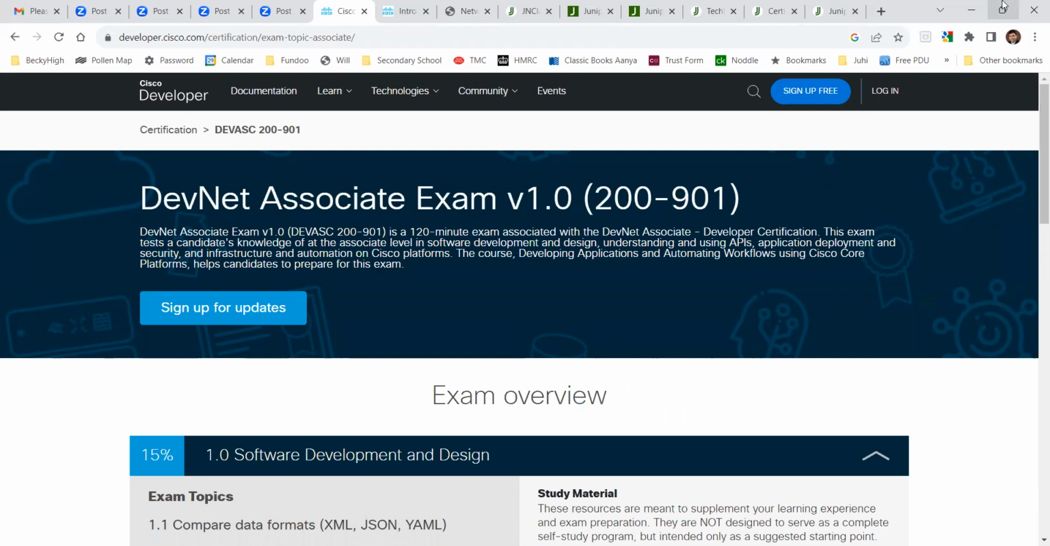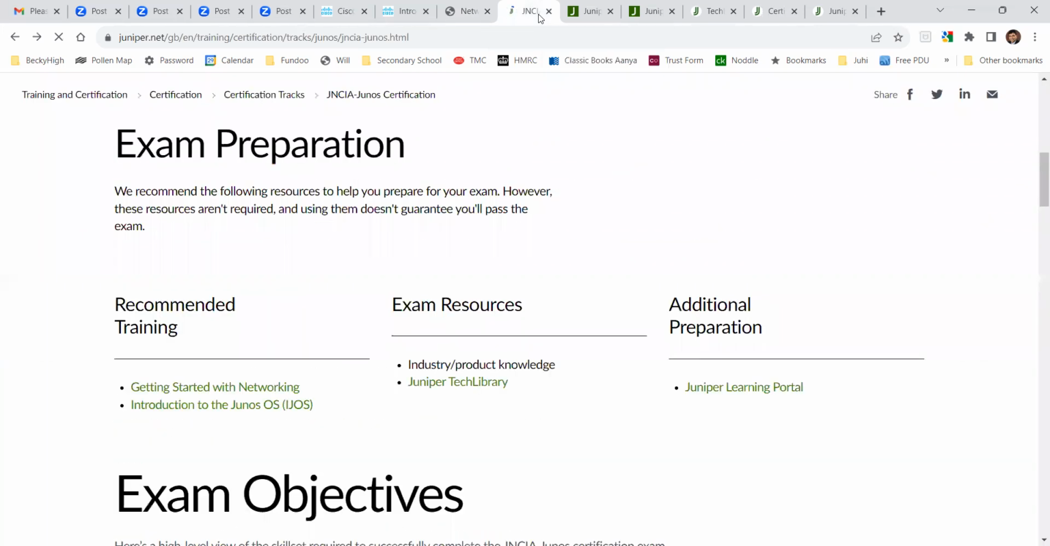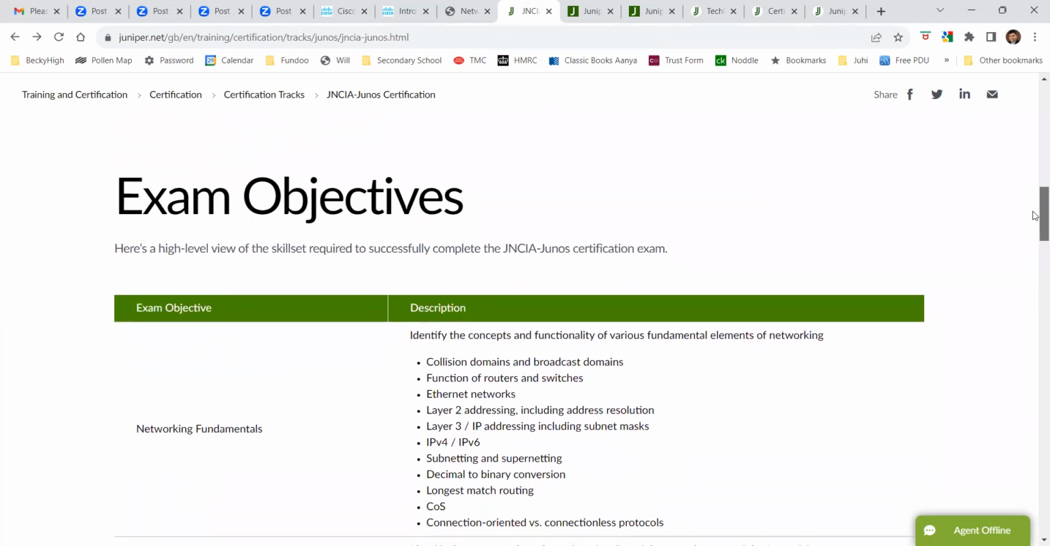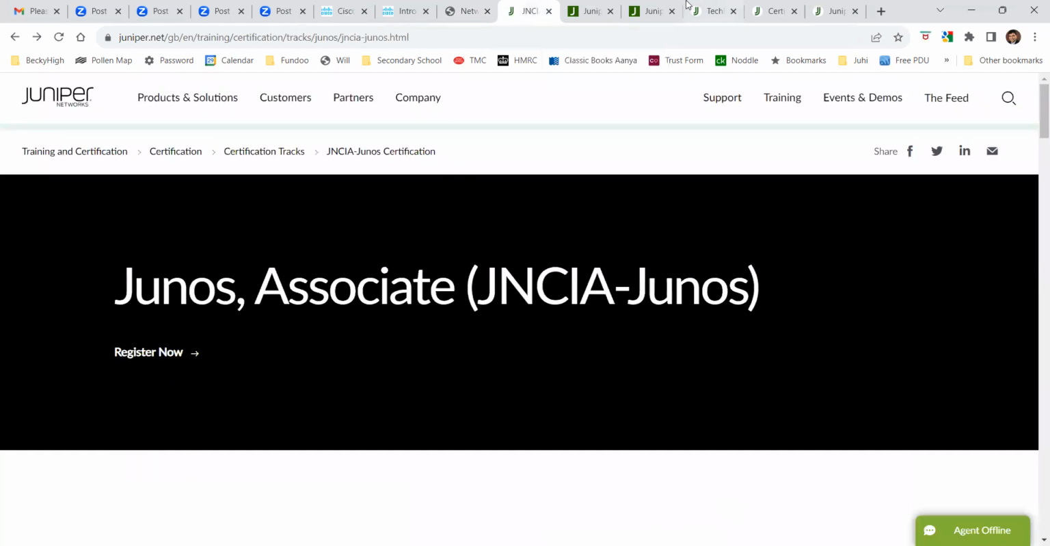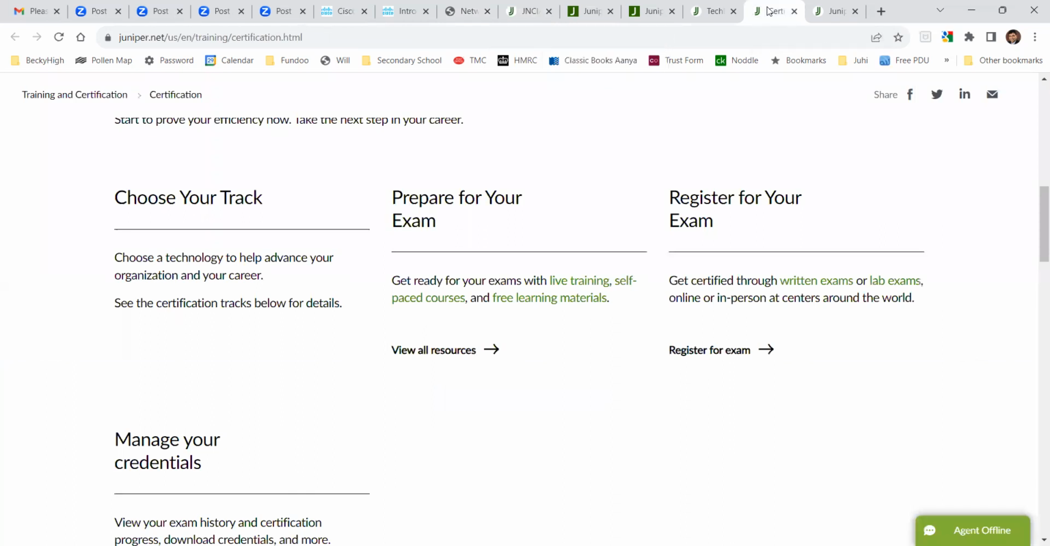Now let's move on to the Juniper certification. For JNCIA, if you go to Juniper website, they've got this structure on their website, and it says getting started. They've also laid out a basic format and structure of their exam on which we are going to be tested. Basically, if you go to the certifications link here,